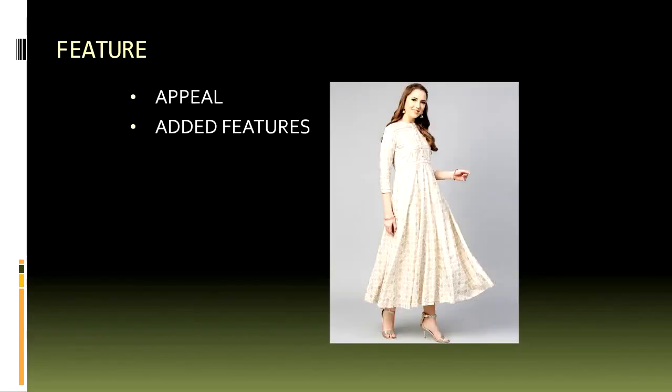Now take the example of this particular picture. Actually 2 aspects are there in this particular garment. It appeals, and also there are certain added features. A lot of embroidery is there inside the garment, and also the drape quality of that garment. So that really is an added feature in the garment. It is appealing to you, and there are certain added features as well. So that also talks about quality. You feel satisfied by seeing this or wearing this.